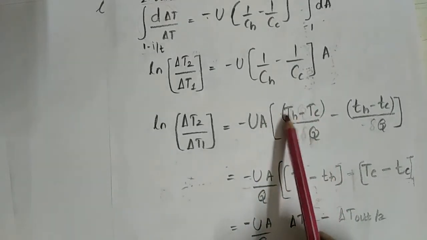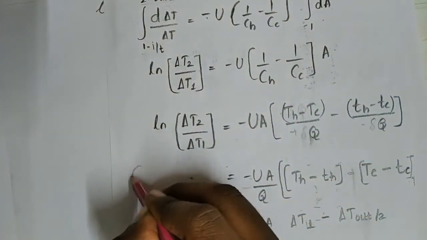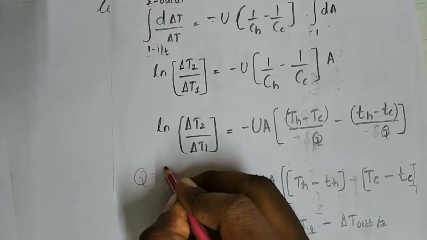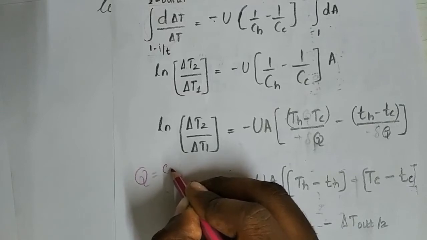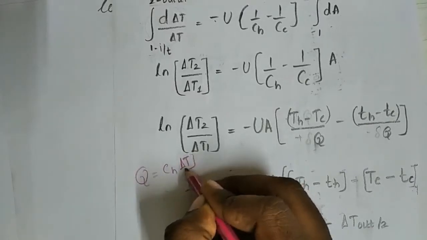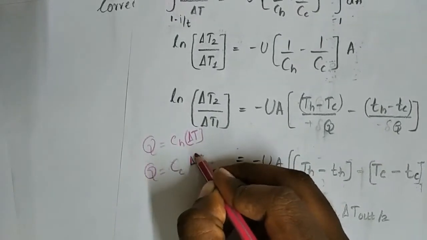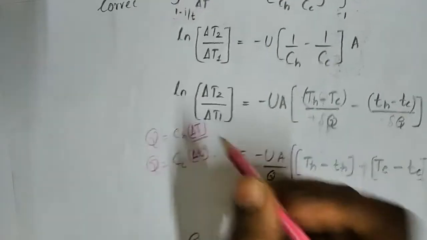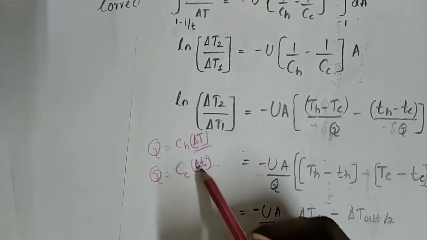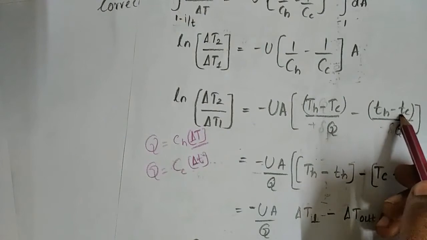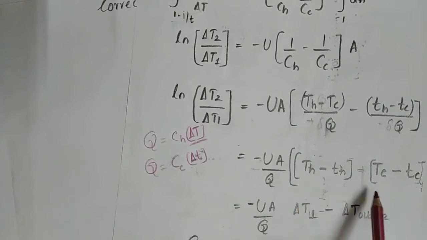By substituting all the equations for Th minus Tc and Q, here you can see Q is equal to Ch into delta T, capital T, or Q is equal to Cc into small delta T. Capital delta T means capital delta Th minus capital delta Tc, and small delta T means small Th minus small Tc. By substituting all these and rearranging, we will get